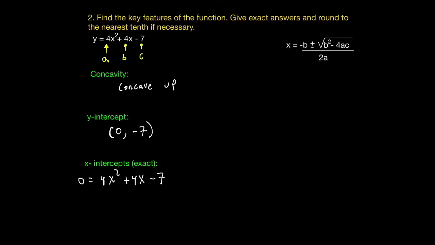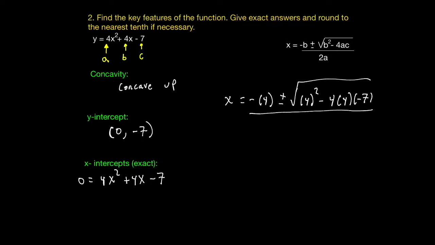So since I've already identified the a value, the b value, and the c value, I'm going to plug them in. So I get that x is equal to negative b, which is 4 here, plus or minus the square root of b squared minus 4 multiplied by the a value and the c value, so 4 and negative 7. That's going to be divided, or everything is going to get divided by 2 multiplied by a, so 2 times